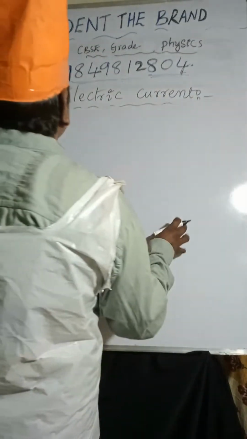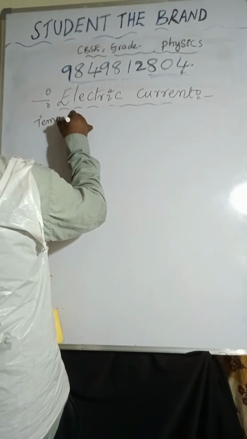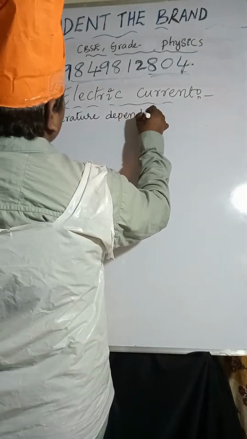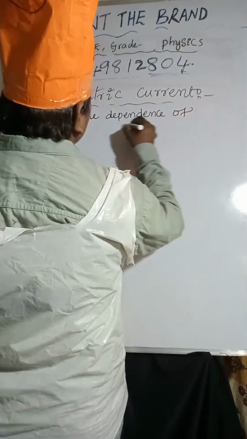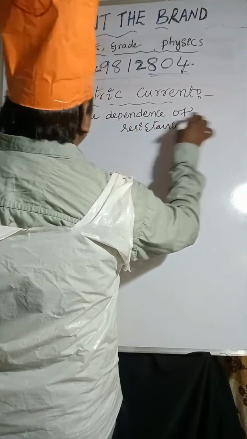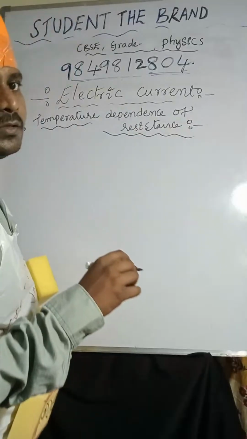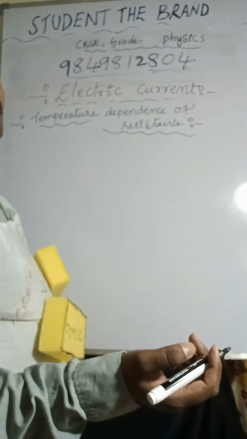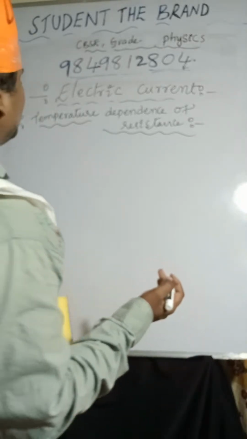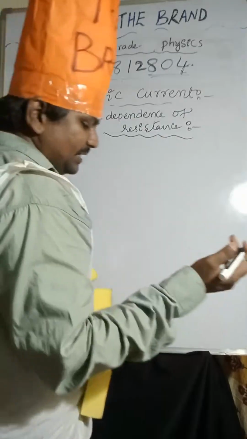Now, temperature dependence of resistance. We know that R is directly proportional to length of the conductor, and R is inversely proportional to area of the cross section. Now point number one: if temperature increases,